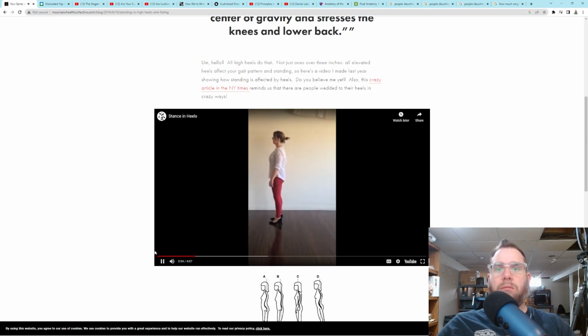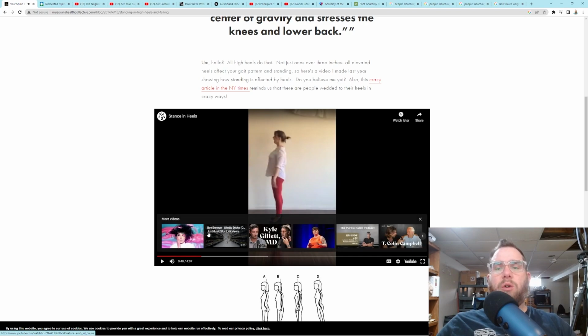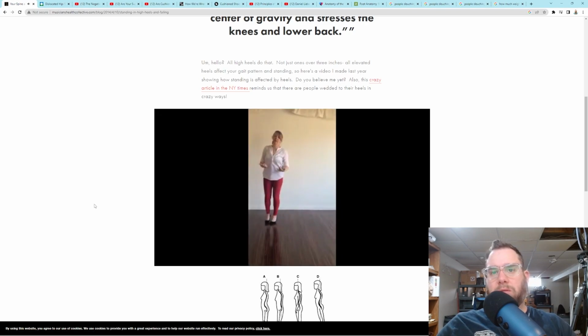In order to compensate, I instead back bend, which is not really good. So I'm creating extra opening here. It also completely tightens up your Achilles, which makes me look taller and makes my chest look bigger, but that's not really the point. Then when we add the asymmetrical stance, it's really tough to balance because it turns out